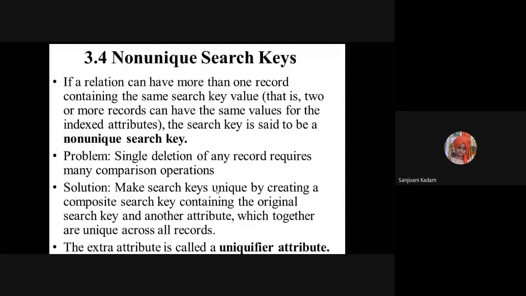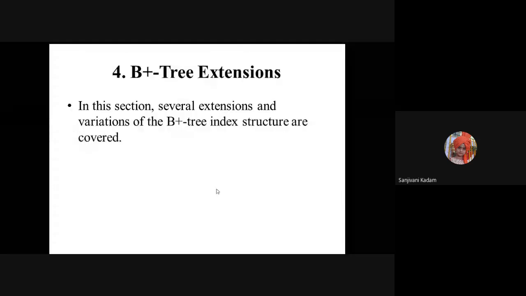So, B plus tree extensions. There are many extensions available. It means the organization is different. So let us see the first, data file organization. This is a B plus tree file organization. In this, how the space is utilized, some tips are given, nothing more than that.